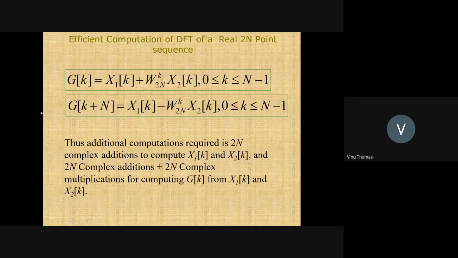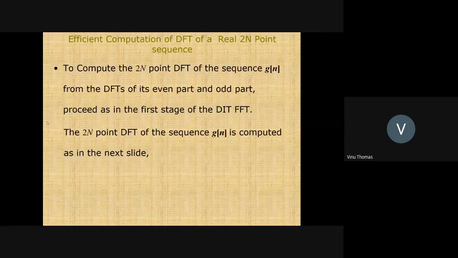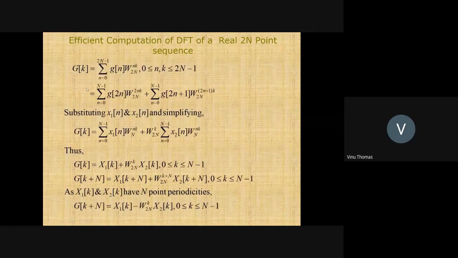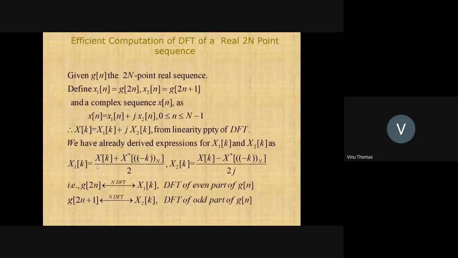Now you can ask, Arvind, I will ask you the same question. How many complex multiplications are required in total? We started by splitting the sequence into an even sequence and an odd sequence. Is that clear, Arvind? Yes, sir. Okay. So you form your complex sequence here, and then you find x of k, and from this you can find out x1k and x2k. So you see that you don't require any complex multiplications here.